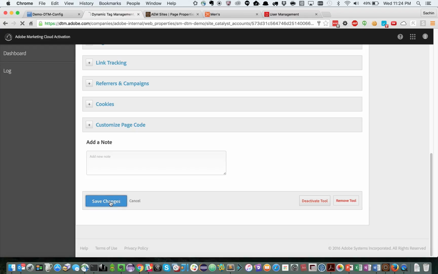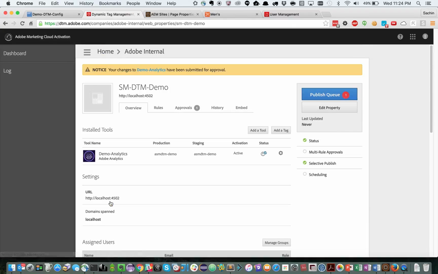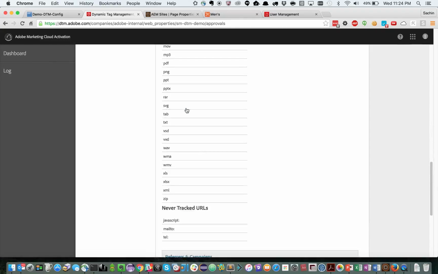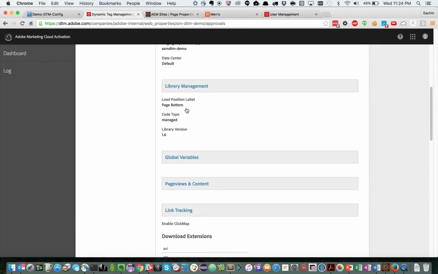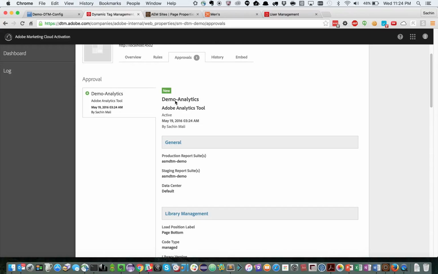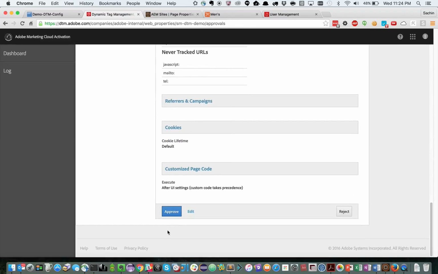Let's save the changes. Let's approve the modified changes. As you can see, it's telling us we have added the Adobe Analytics tool. So approve it,